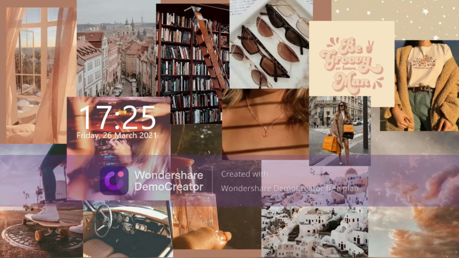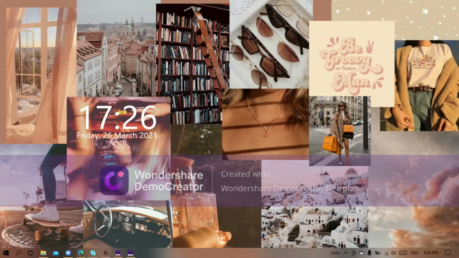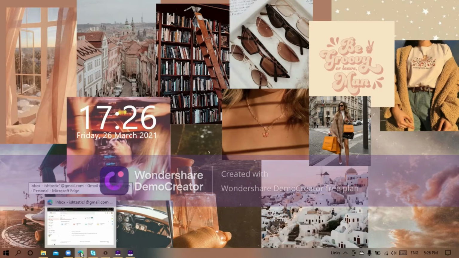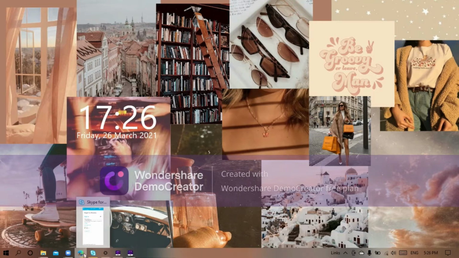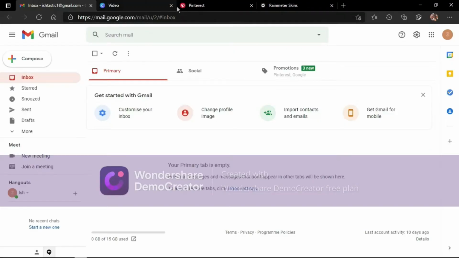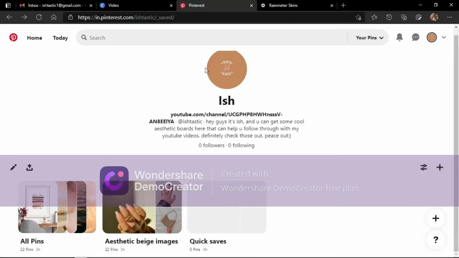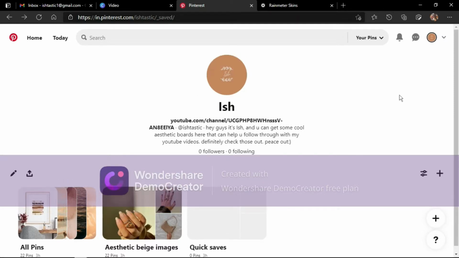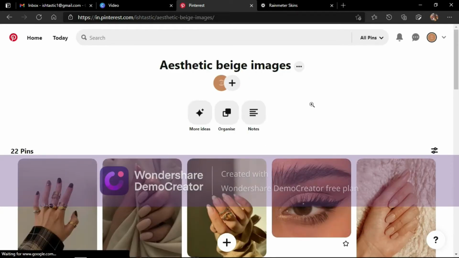I would like to give credit to Julia K. Christ for this wallpaper. But anyways, the first thing you need to do for wallpaper is go to Canva.com, that is on Microsoft Edge. I use Microsoft Edge, so I'm just going to go to Microsoft Edge and then we go to Pinterest. So here, as you can see, this is my Pinterest. You can follow me here if you want. So here you have my images, these aesthetic images.